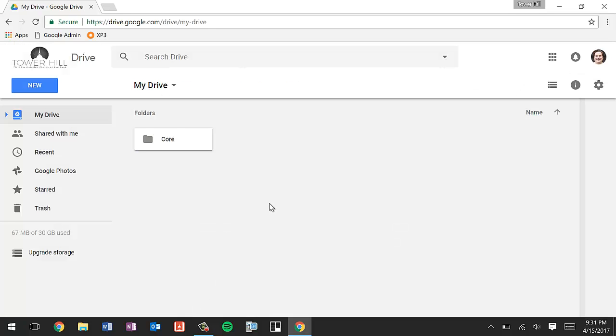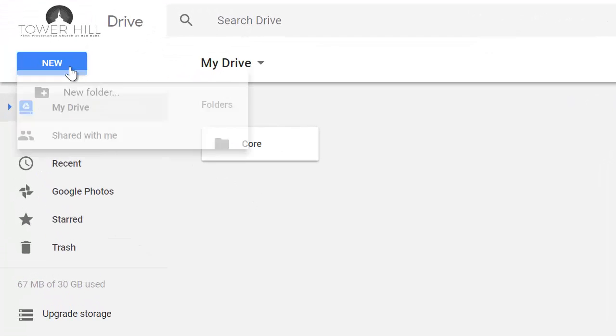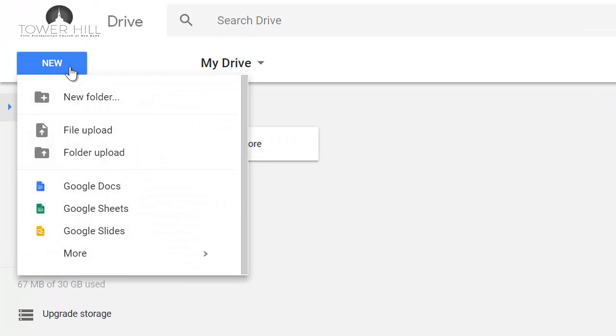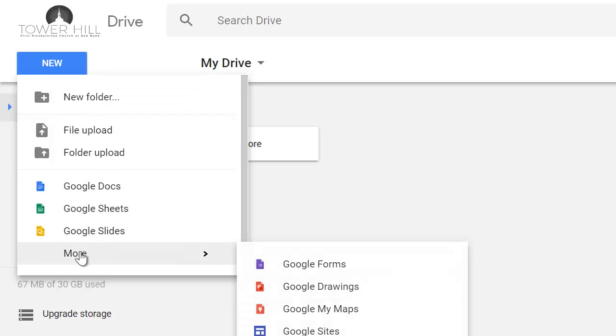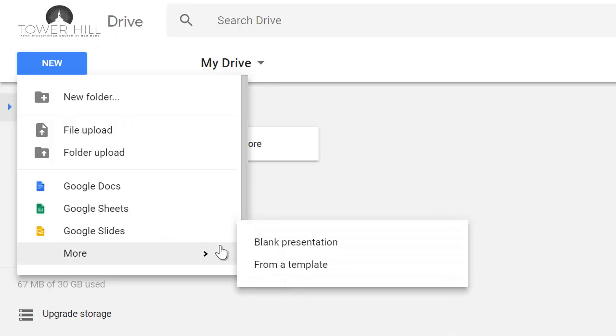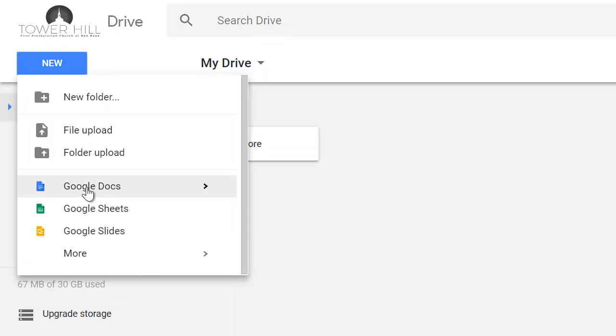Now, within Google Drive, it allows us to add various different things, which I'll talk about as we move on in later videos. But the big key here is that you've got docs, sheets, slides, and then there's all these other things, sites, maps, drawings, forms, all are phenomenal stuff. But within this, docs, sheets, and slides are supposed to be free versions of Microsoft Word, Microsoft Excel, and Microsoft PowerPoint. I'll be the first to tell you that they are not as powerful as Word, Excel, and PowerPoint, but